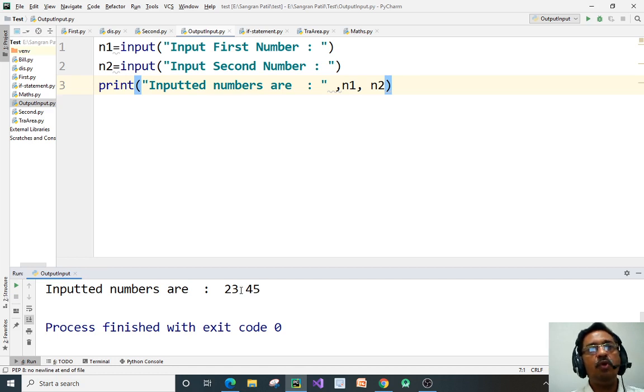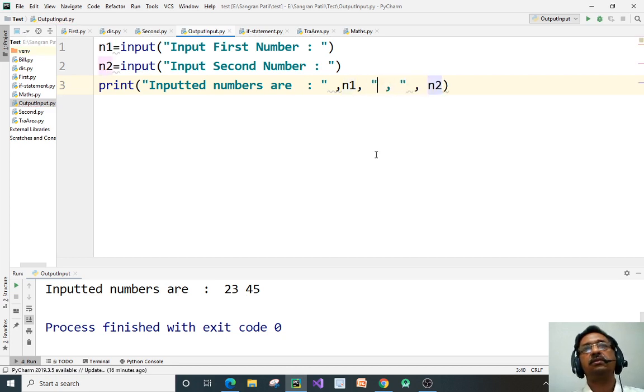Now here if you want to give 23 comma 45, a comma between two numbers, then this comma is there to separate N1 and N2. This comma is given to separate N1 and N2. Now here we want a comma to be displayed, so that we can give with the help of double quotes, like this N1 comma N2.